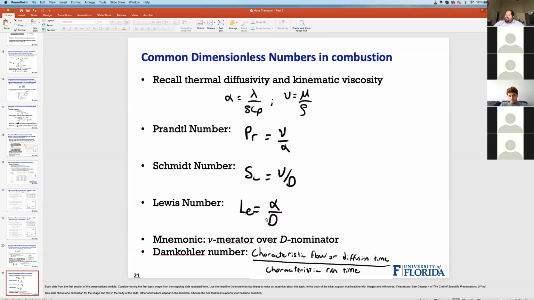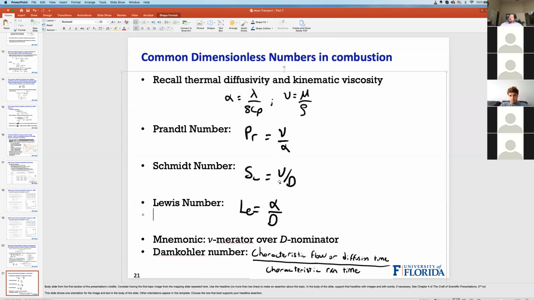Ken Ko taught us a mnemonic for this. Basically, all three of these numbers involve either the kinematic viscosity or a mass diffusivity. Just remember that it's the numerator over the denominator. If it has a D, the D is always on the bottom. If it has a nu, the nu is always on the top. If you remember which ones have which variables, then you can apply this mnemonic and